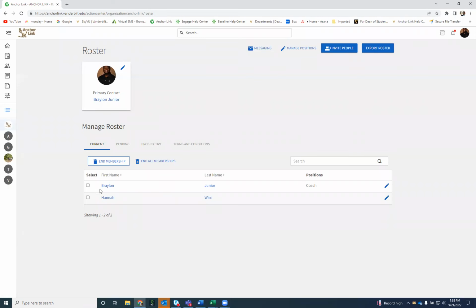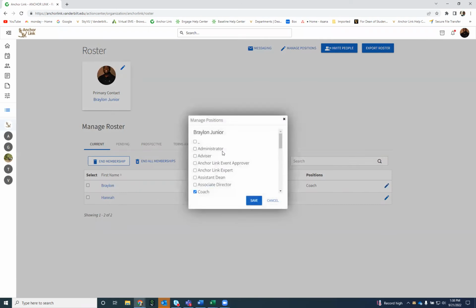Within that person's row or line, you can also add positions to that person's account. So you could click this little pencil and then add any of the positions. And so for me, I am technically the coach, but I'm also all of these things. And so I can unclick and click and add multiple positions. And then if I add multiple positions and click save, then